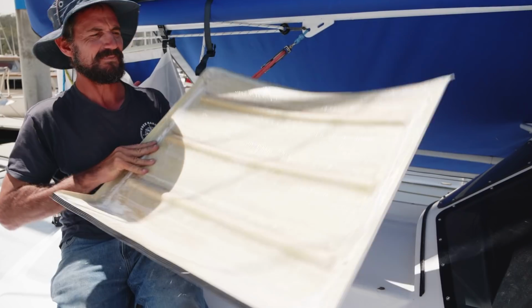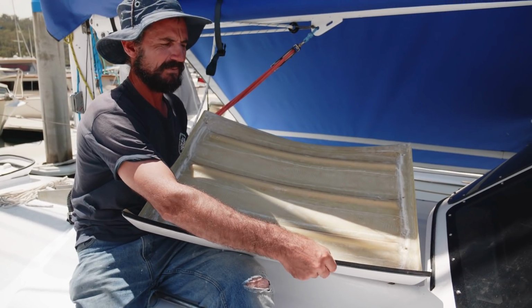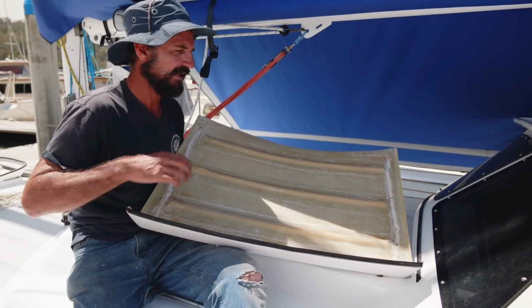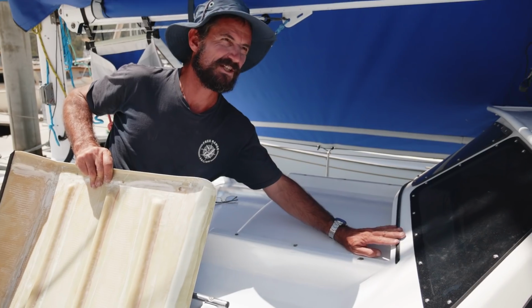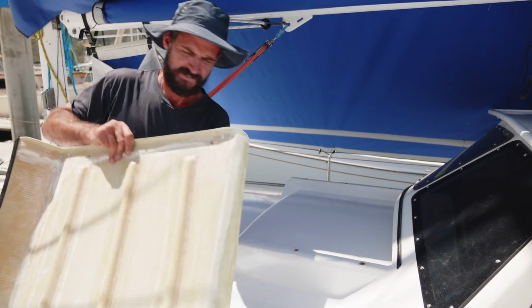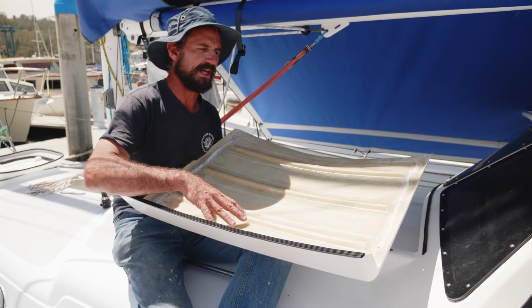So under here it's still unfinished, so we just got to paint that white. Just on this forward lip, we've put some rubber weather stripping, and also stuck to the actual boat itself is the same stuff. And that's just so that when a wave wants to climb aboard, it'll hit that rubber and just run off. With this stuff, it'll stop a wave coming in like this, but oftentimes water still gathers under these,